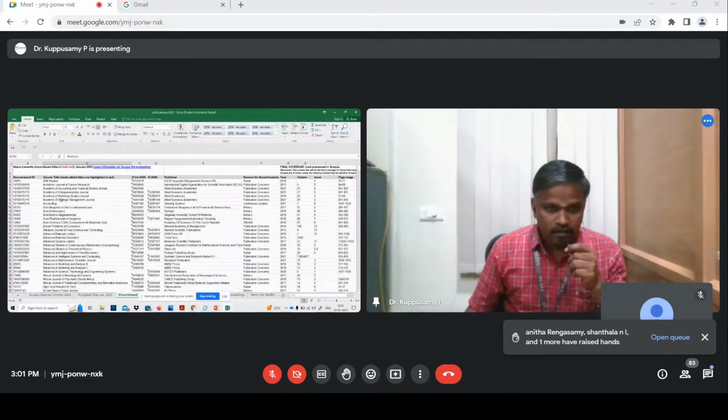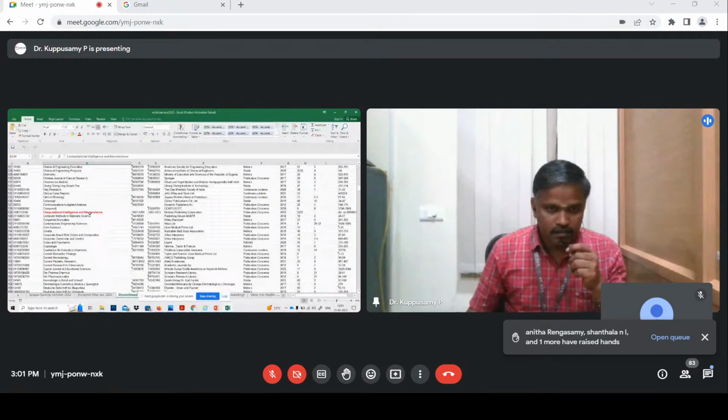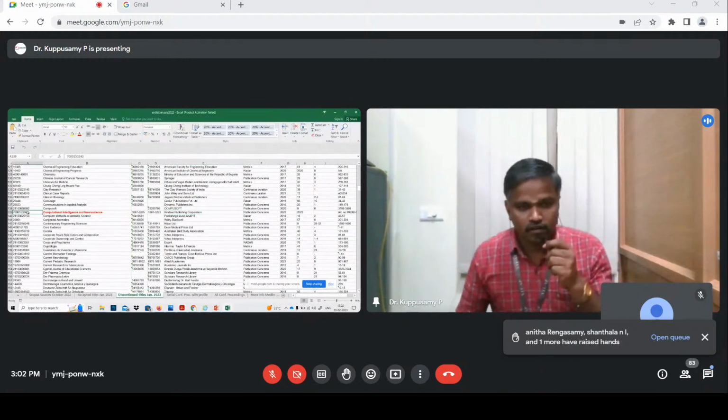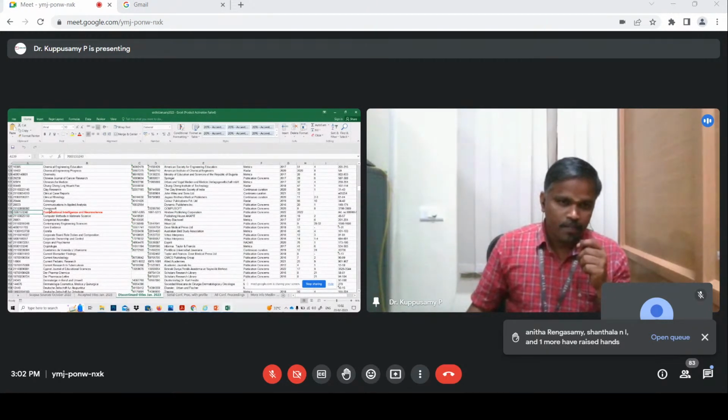You look at that. Some of the journals may be removed. You look at here, this journal is removed from the Scopus on, I think, January 2023. So until that it was in the Scopus indexing. After that, this is published by Hindawi Publications. So we have to check before giving the copyright form. Okay.